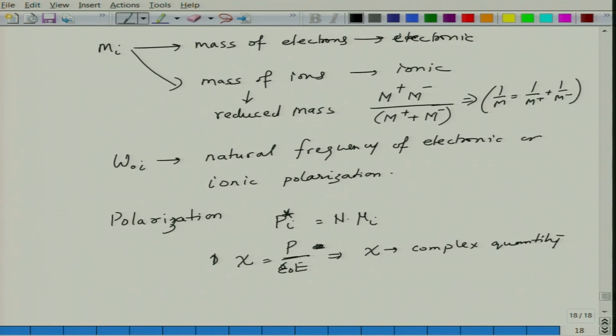So now if you segregate the terms, let us go back to some previous equations. Yeah, so basically similar equations. So this becomes chi, and this is P star, so this becomes chi star, which will become chi prime minus I chi double prime, right. Similarly you will have to resolve the P into real and imaginary parts. When you do the resolution, you can do that yourself, that is a simple exercise.